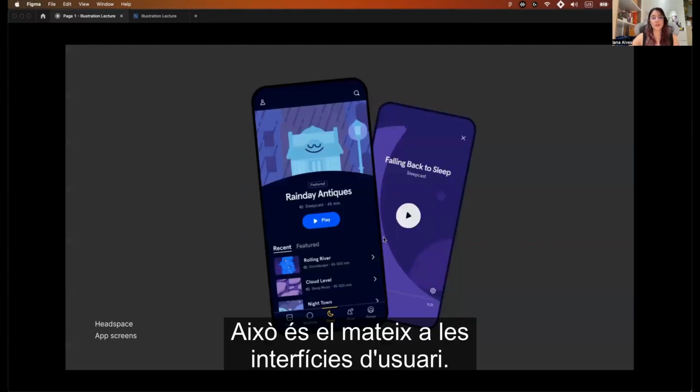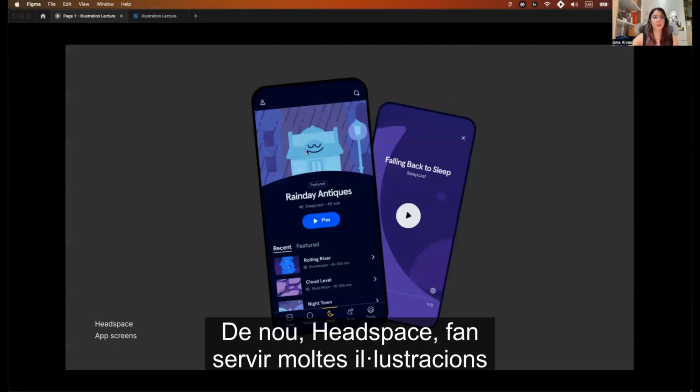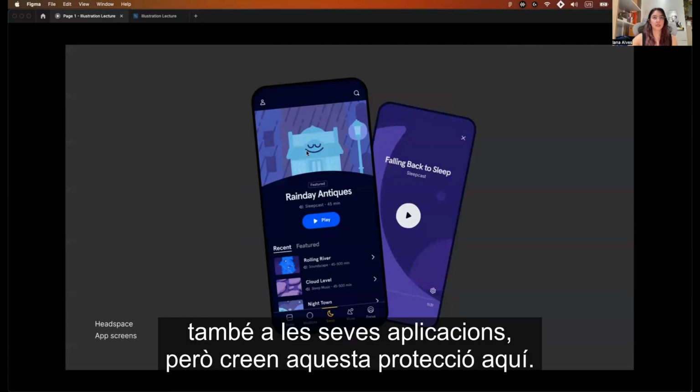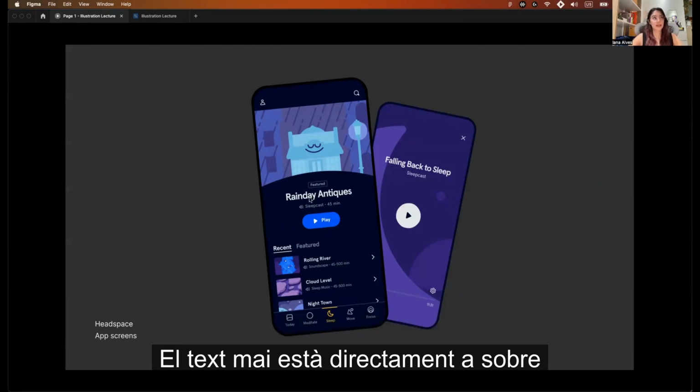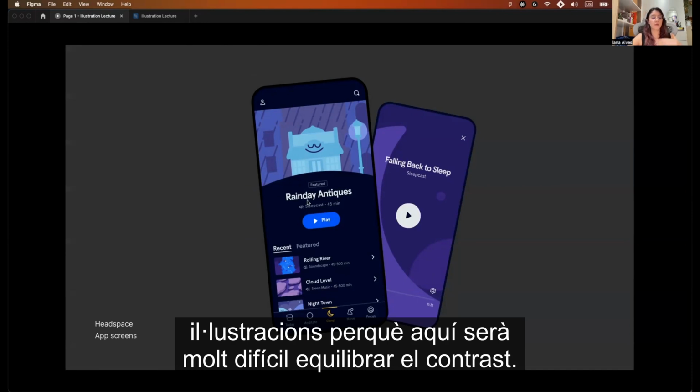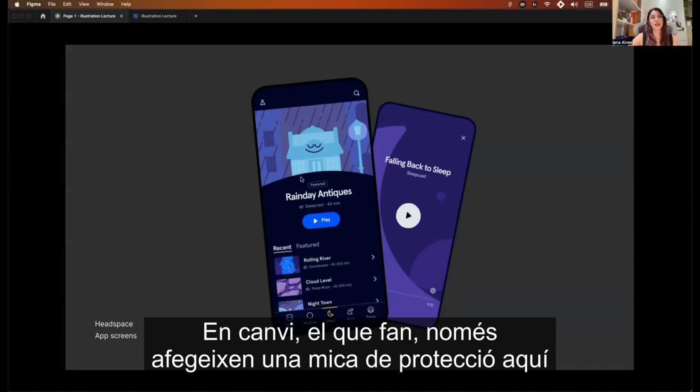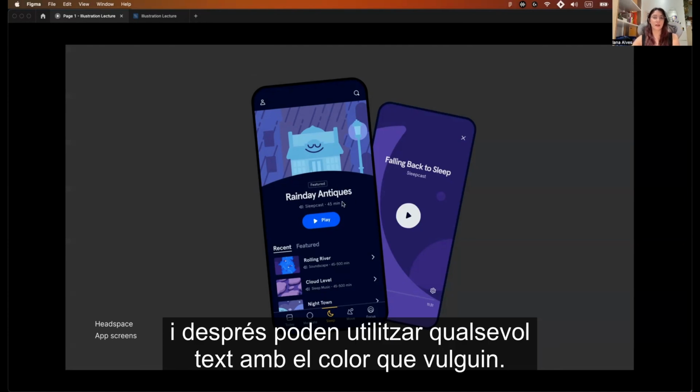This is the same in user interfaces. So again, Headspace, they use a lot of illustrations on their apps as well, but they create this protection here. So the text is never directly above illustrations because it will be very hard to balance contrast here. So instead, what they do, they just add some protection here, and then they can use any kind of text